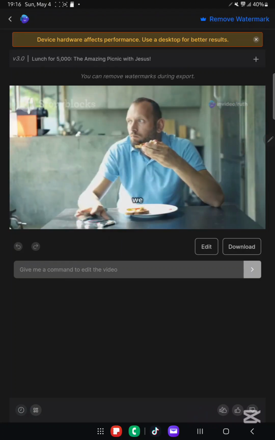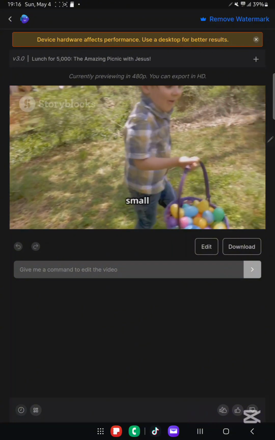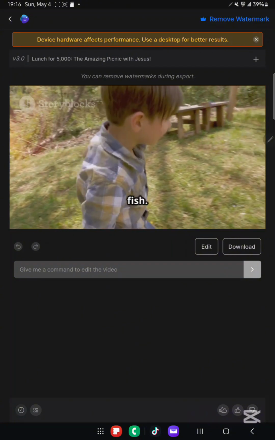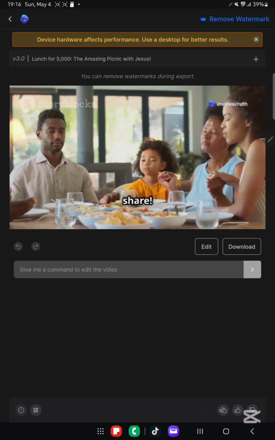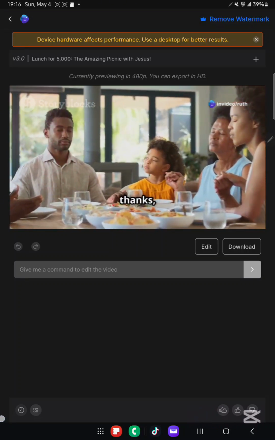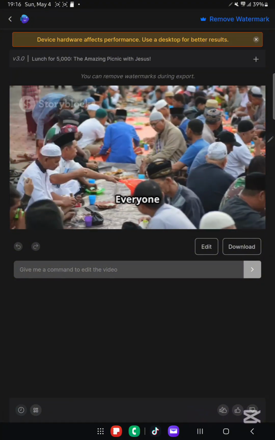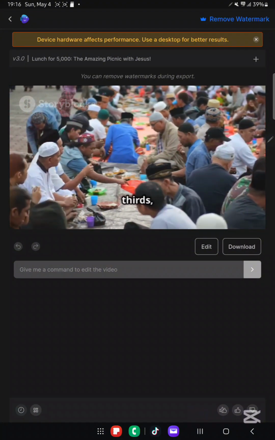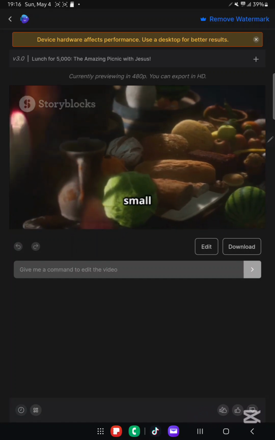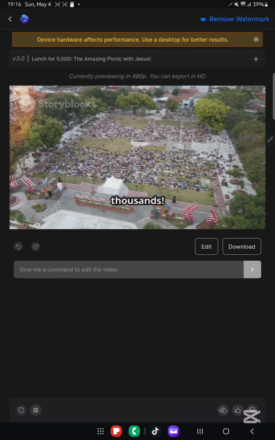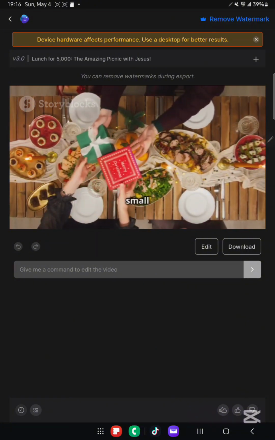Philip said, "Even if we worked for months, we wouldn't have enough." Then Andrew found a boy with 5 small loaves and 2 tiny fish. The boy smiled and said, "Jesus can have my lunch, I'll share." Jesus took the lunch, gave thanks, and started passing out food. Bread and fish just kept coming. Everyone ate until they were full. Seconds, thirds, and even dessert. They collected 12 baskets of leftovers. From one small lunch, Jesus fed thousands. So remember, sharing matters. God can make big things happen with our small gifts.